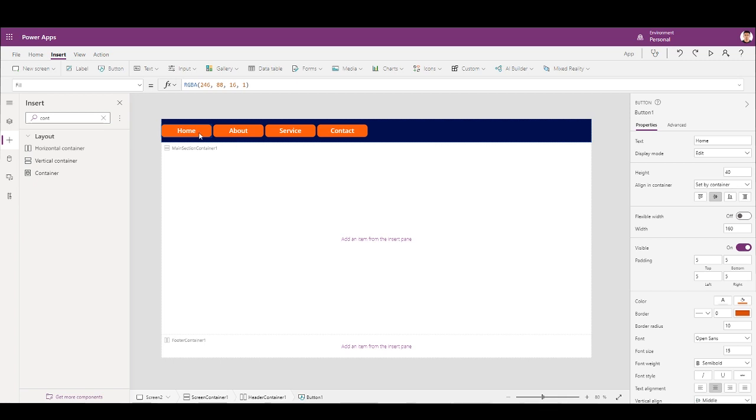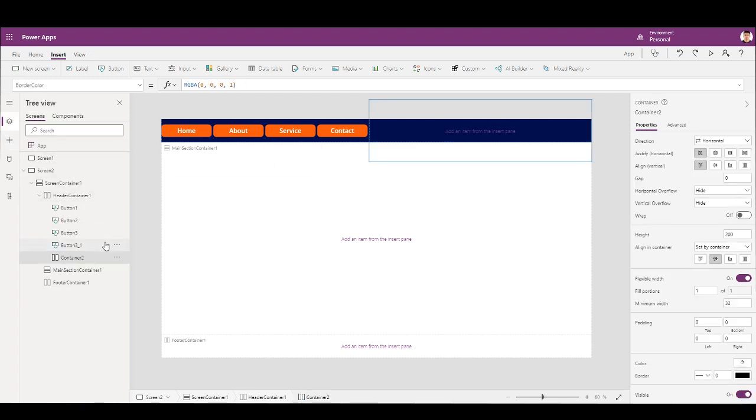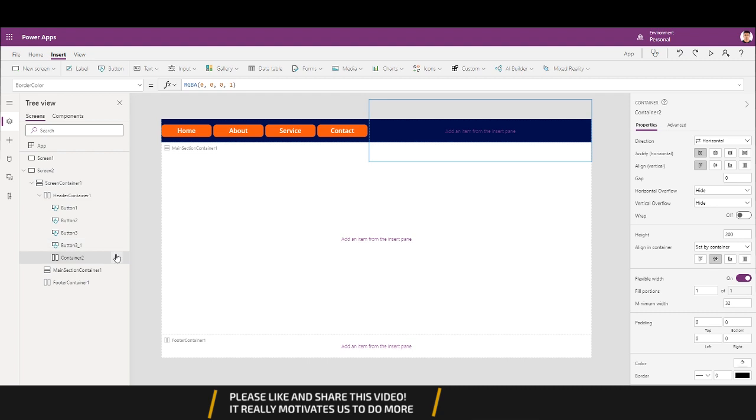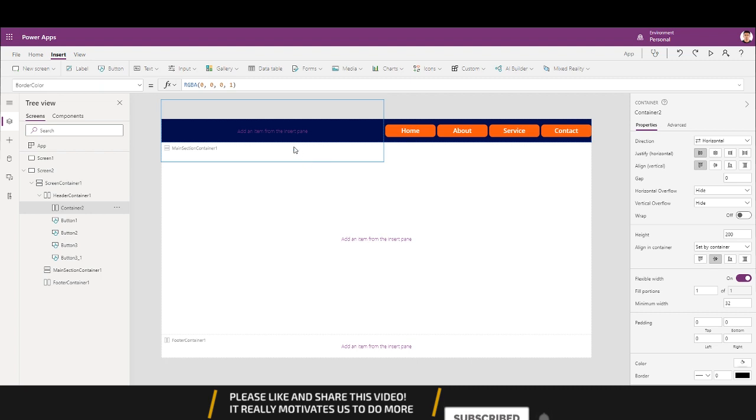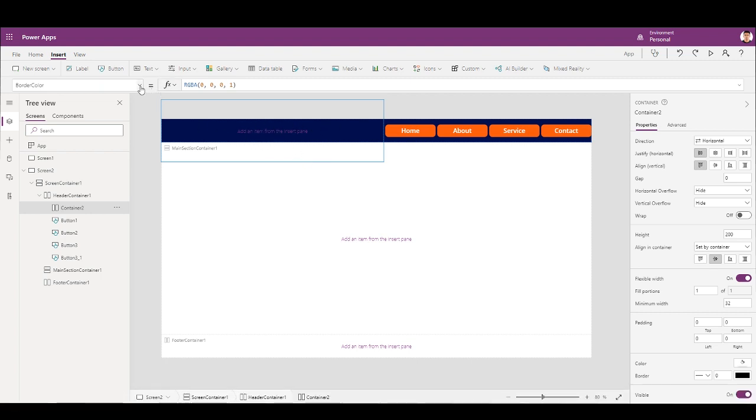Okay, so within this container we will insert another container, a vertical container. And if I want this container to go to the top within the container, I can just reorder and move to start, so it comes as the first one. And I want its height to be exactly that of its parent, so it's limited now. Now within the container, I want to insert a logo.